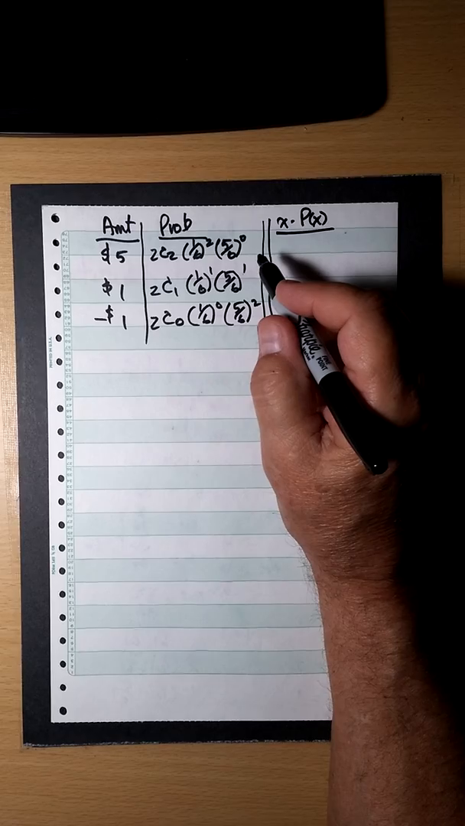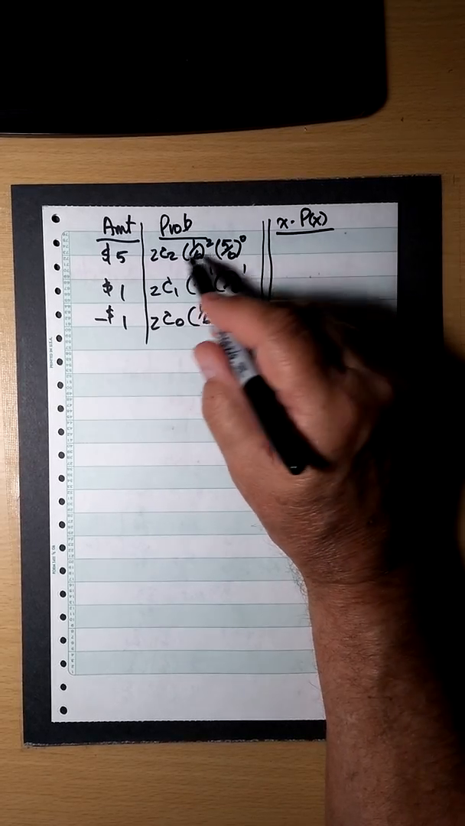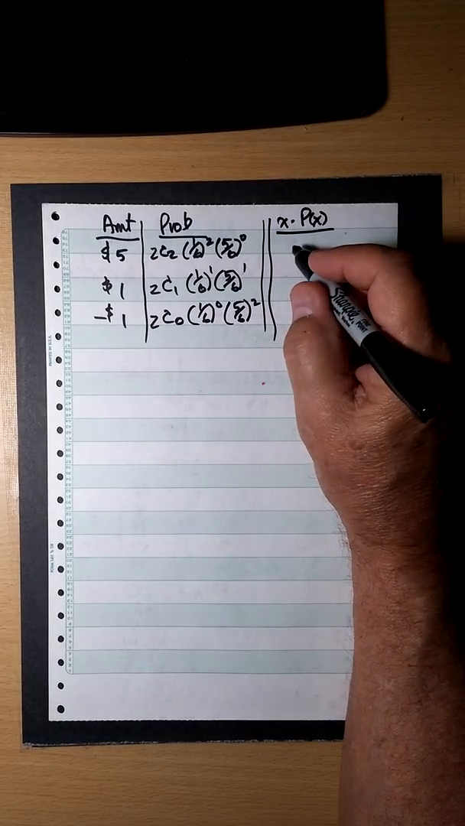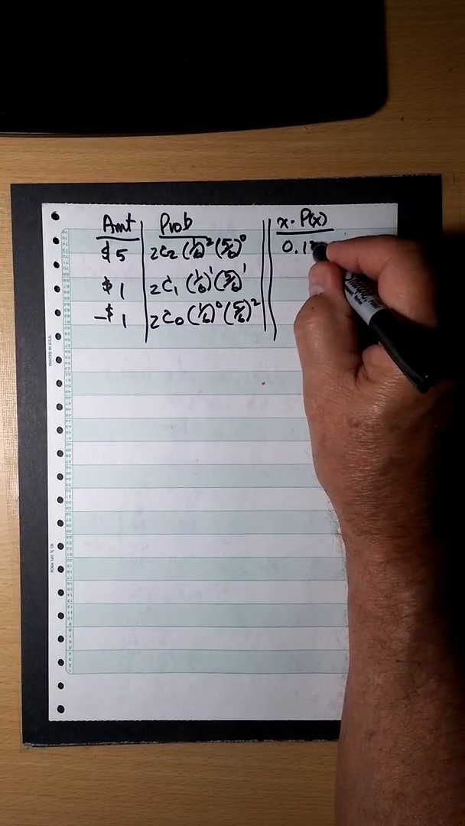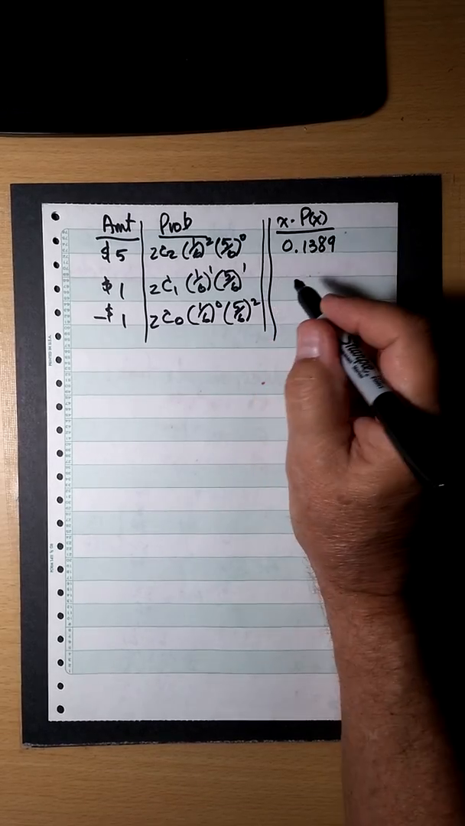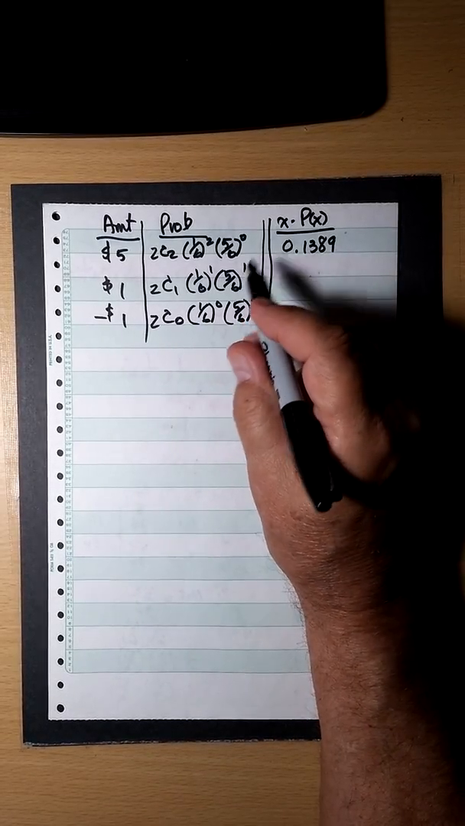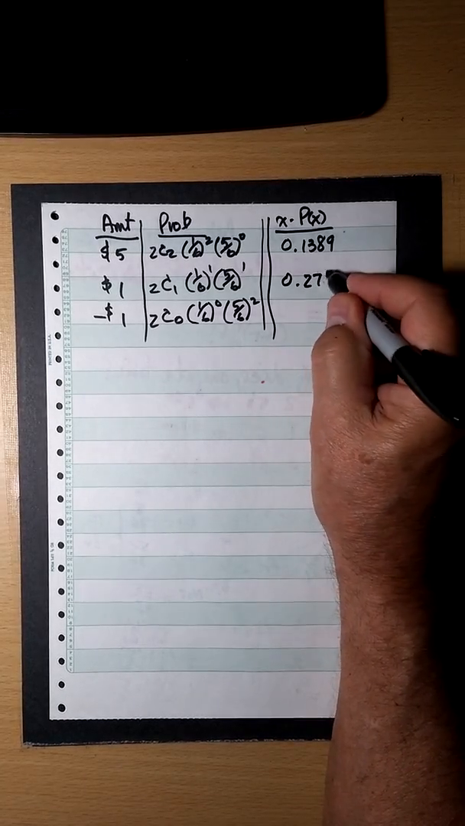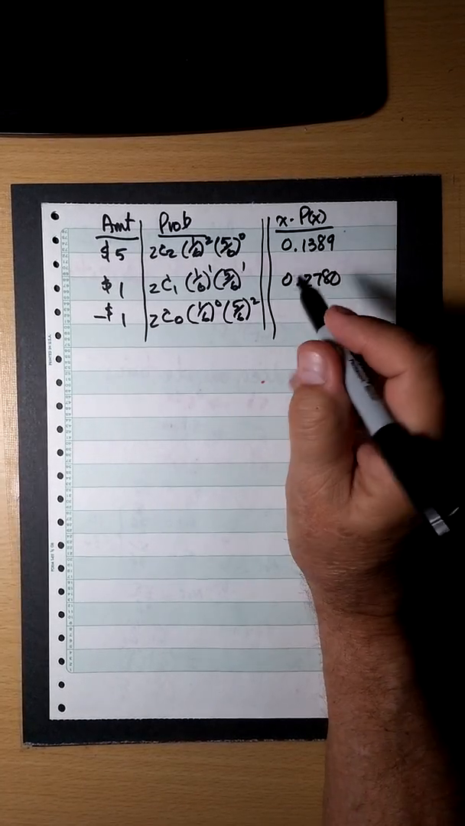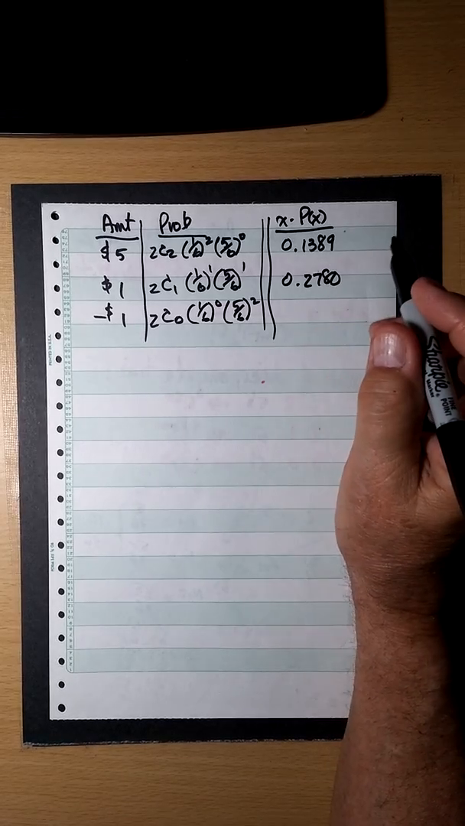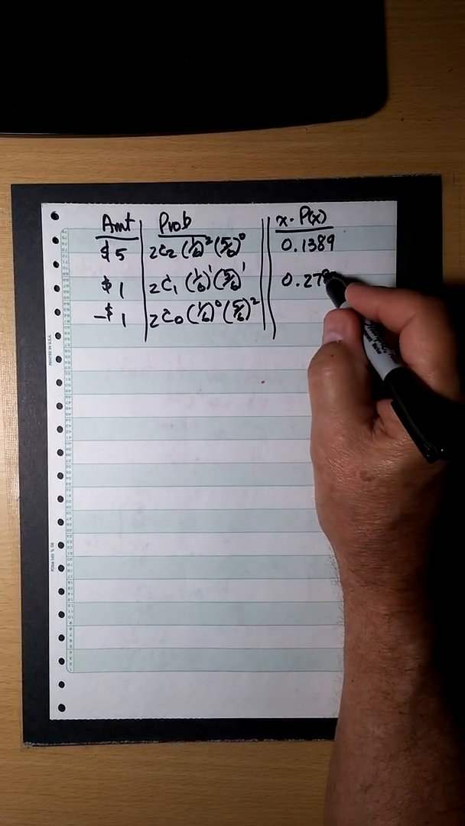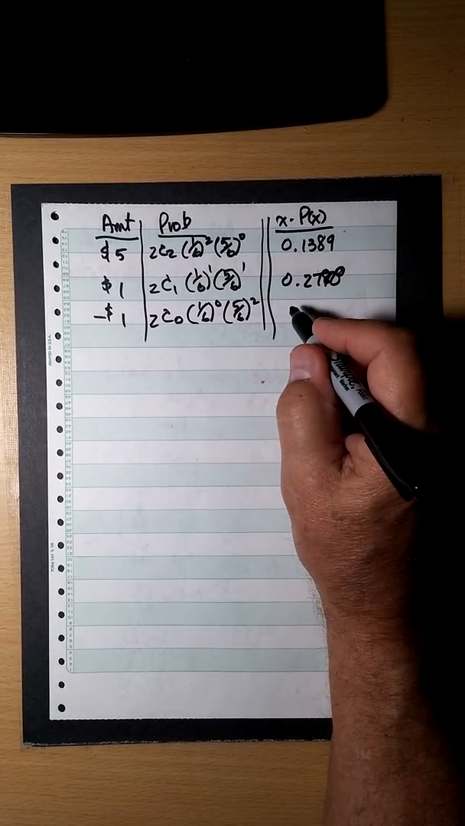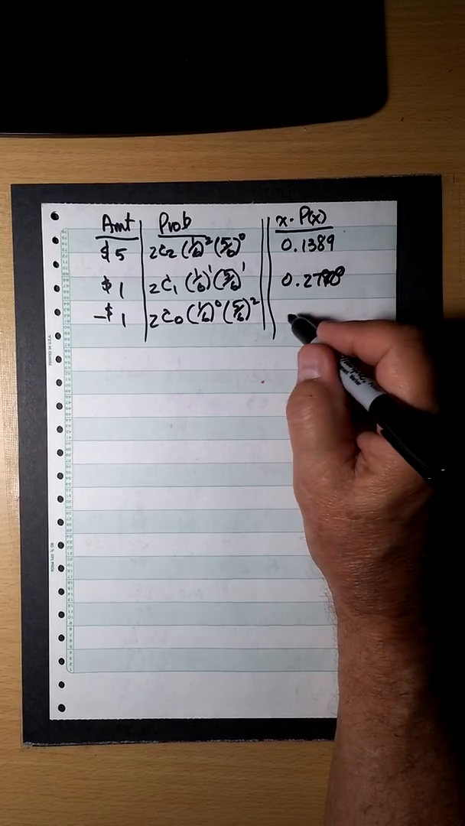Because we know that this is, when you multiply this out, you get 0.028 times the 5. You get 0.1389. This, if you multiply this out, you get 0.278 times 1, so it's 0.2778. If you take it 4 places, 0.2778. And this one, 4 places,